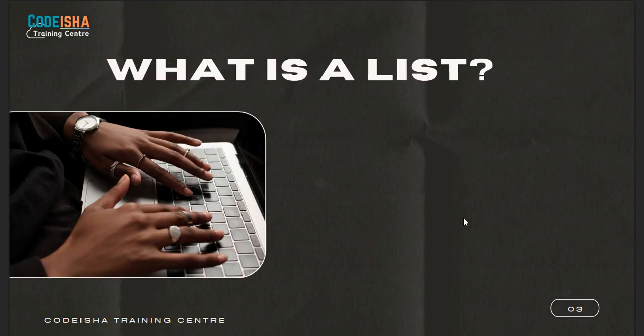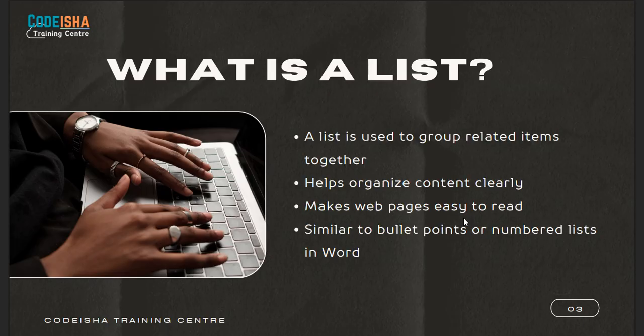Okay, so here, what is a list? A list is used to group related items together, and it helps organize content clearly. Okay, when we use the list tags, it makes web pages easy to read. So whoever the end user is, they can easily read that web page's content. Whatever the content is, it will be easy to read when we use the list tags. Okay, and similar to bullet points,